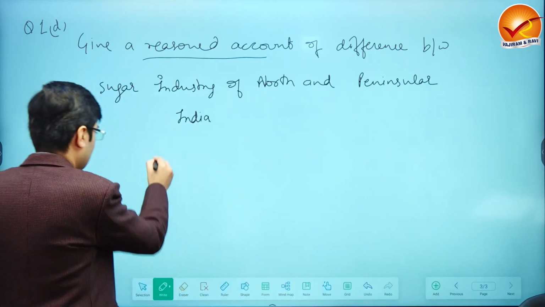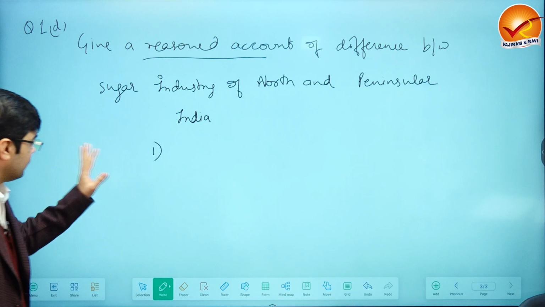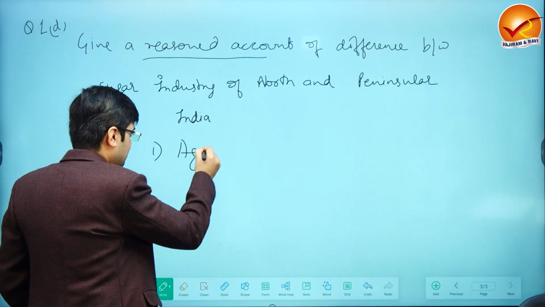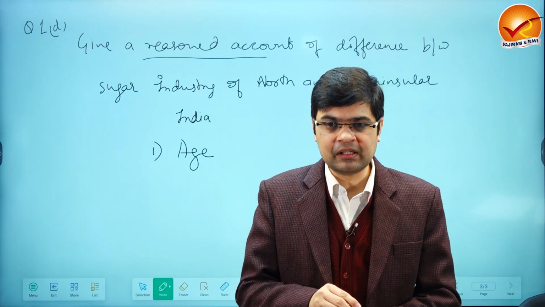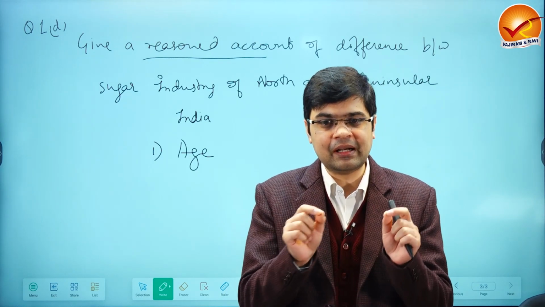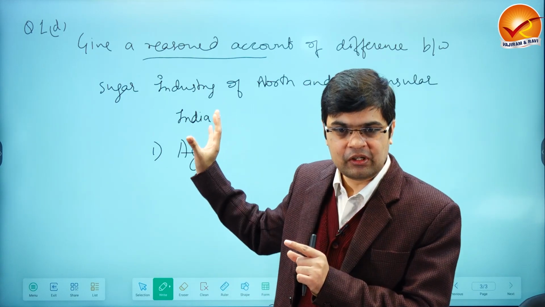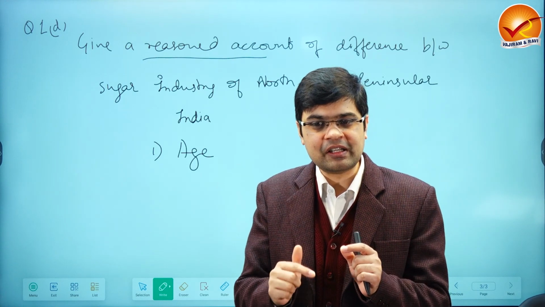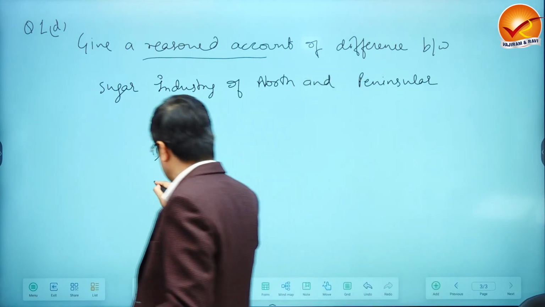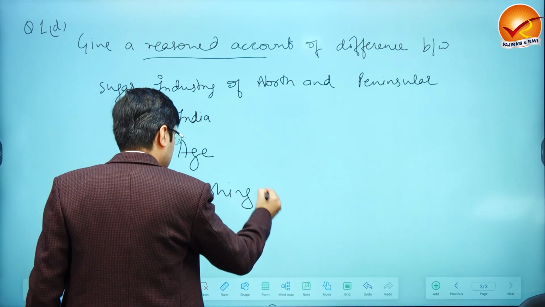What are the differences? In terms of the age of the industry, can I say northern parts of India are the traditional sugarcane cultivating regions. So the old sugar industries are present in the northern parts of India, and in peninsular India, it is a recent entrant. Second, in terms of the crushing season,